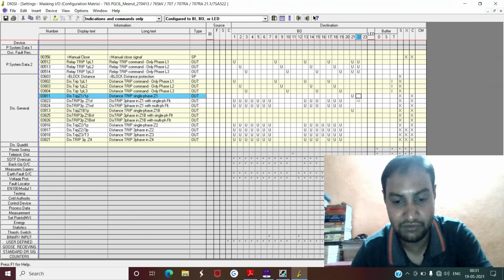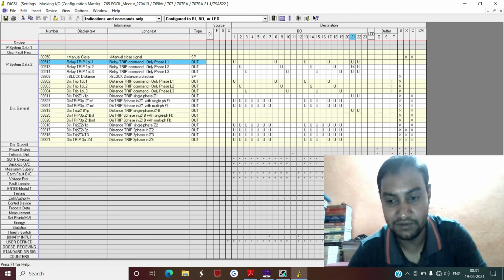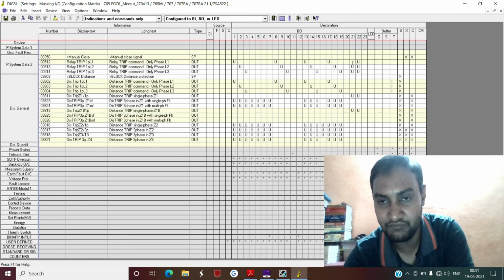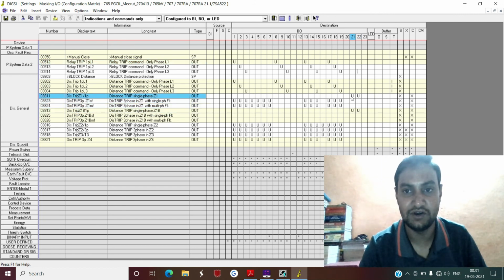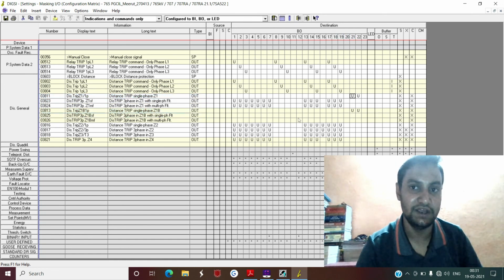Similarly, 22 is also zone 1 and zone 1B only. And remove this signal. Now it is a better configuration because now this signal output number 21 and 22 will be active only in case of single phase faults in zone 1, and when the relay issues single phase tripping in zone 1 and also in the zone 1B, then only your AR start will be active.